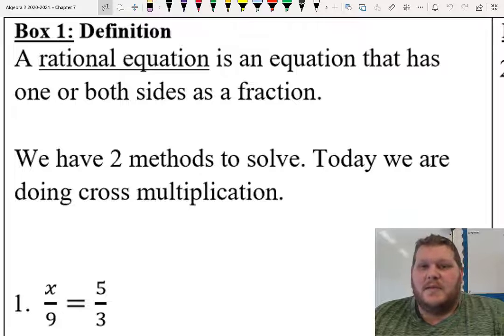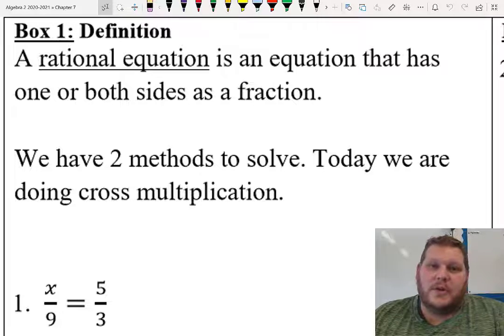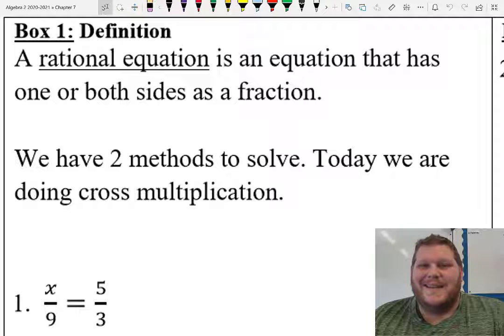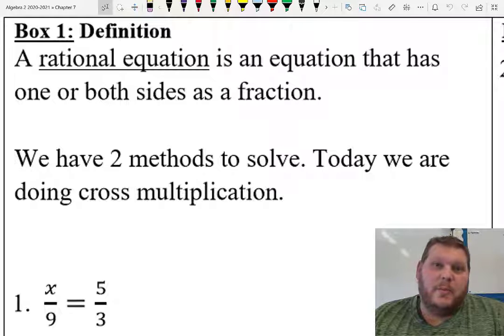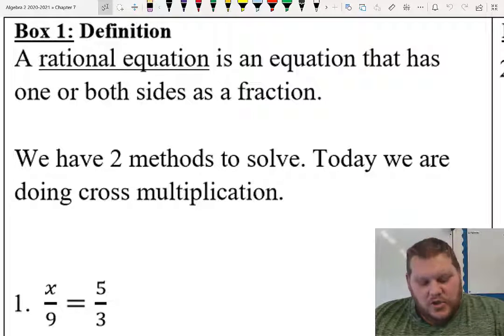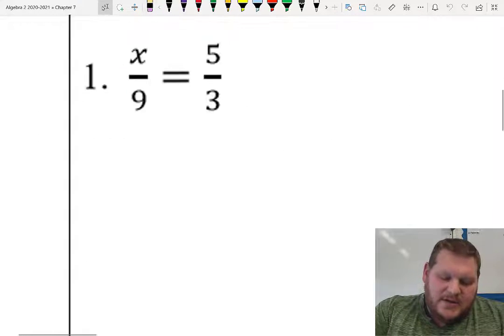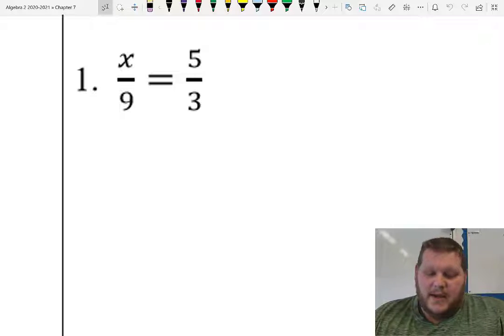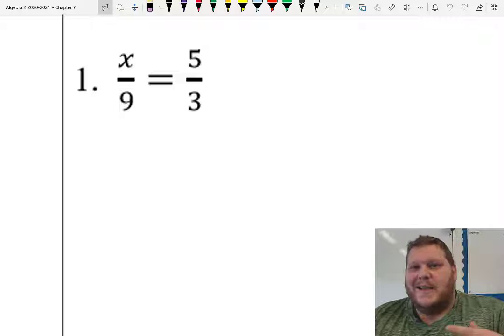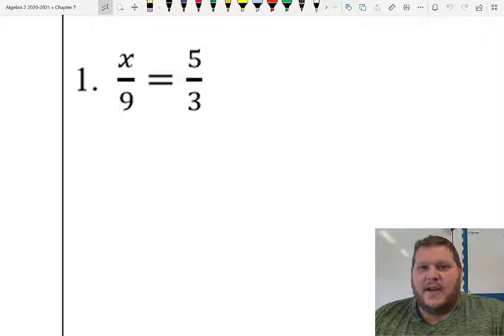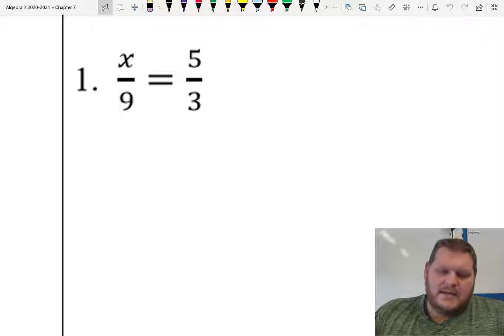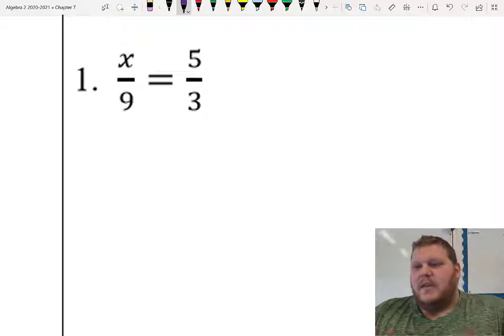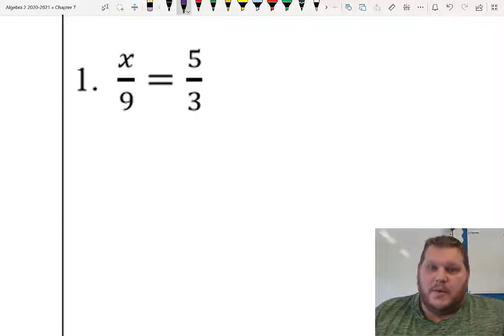And we'll have two different methods to solve those rational equations. Today, we're focusing on cross multiplication, or the butterfly method. When you have two fractions that are set equal to each other, the old-fashioned way, we'd multiply the left side by 9 on both sides, try and get rid of x. But when we have a complex fraction where we start dealing with fractions on both sides and maybe x's on both sides, the easy way, rather than having to multiply by the denominator on both sides, is